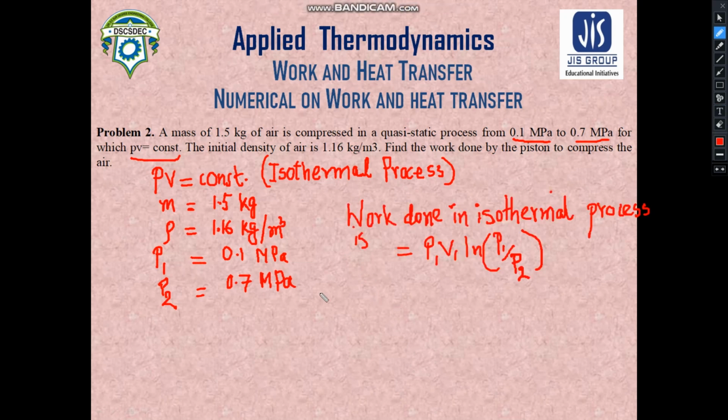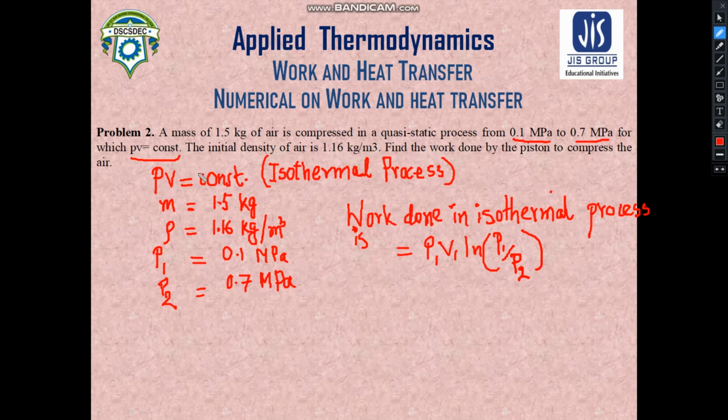Okay, as you can see, this is obviously an isothermal process, and by virtue of our information and the class which I had taken previously, which we had discussed in the previous lectures, the work done in the isothermal process can be calculated by this formula. P1 refers to the initial pressure, V1 refers to the initial volume, and this is the ratio of initial and final pressure. So now you have to remember that the formula which we are using here is the work done in isothermal process for the